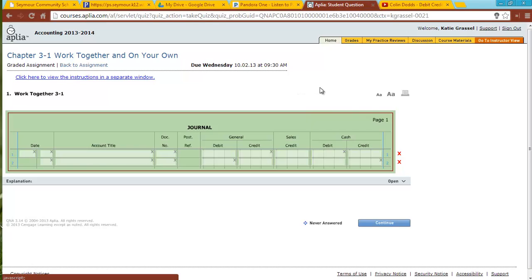Okay, this is called a journal. We use T accounts to help us understand debits on the left, credits on the right, and every transaction needs to have a debit and a credit. In accounting land, when we talk about accountants and CPAs looking at transactions, they don't use